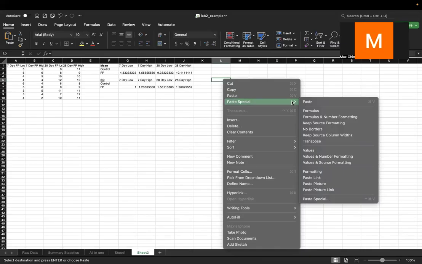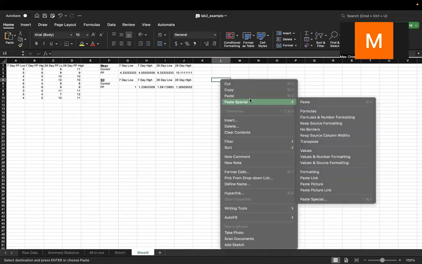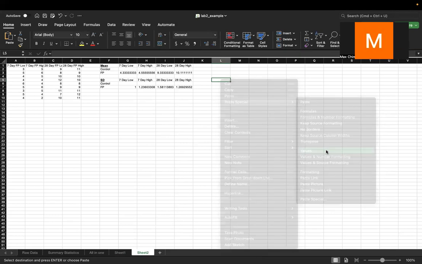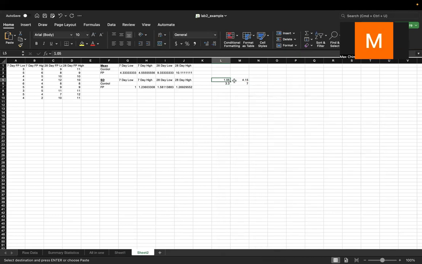Whenever we're copying cells that are built off of formulas that use internal functions, we want to make sure that we paste only the values and not the formulas themselves, right? To do this, we right click, go to paste special, and there should be an option to paste just the values. We select that option, and you can see that it's just given us those values, and it's no longer the formulas underlying those values that's being copied. So we have our control data for our 7-day low, our 7-day high, our 28-day low, and our 28-day high